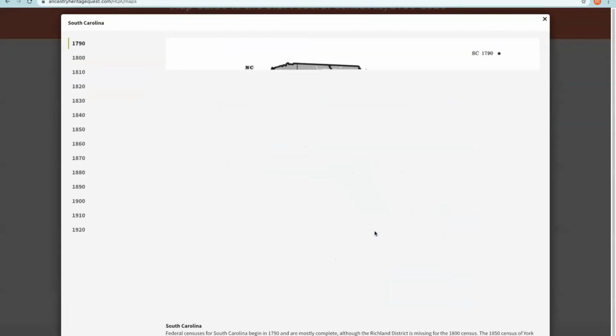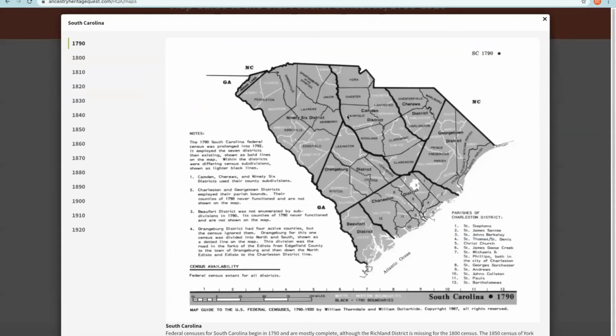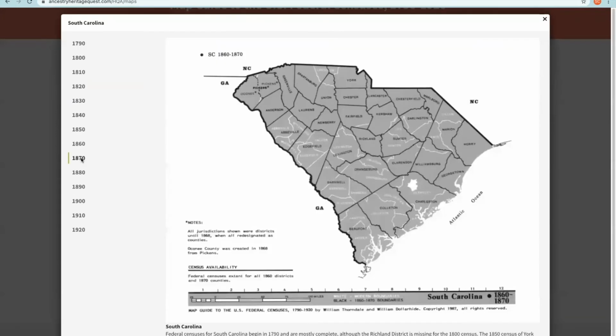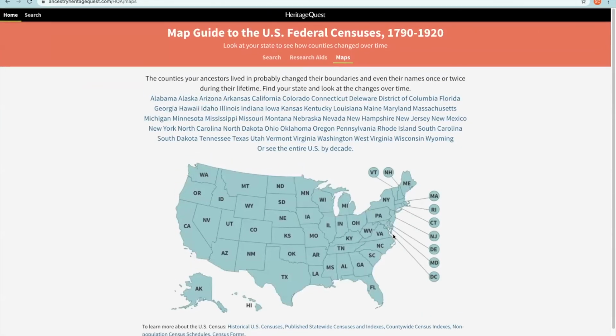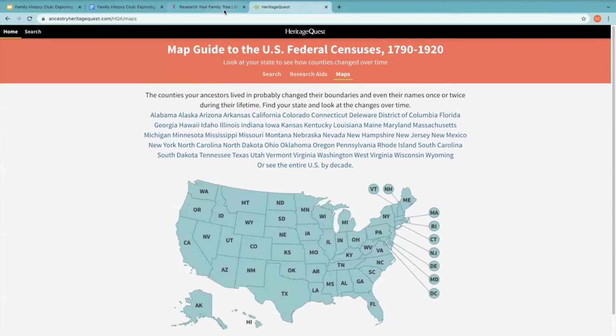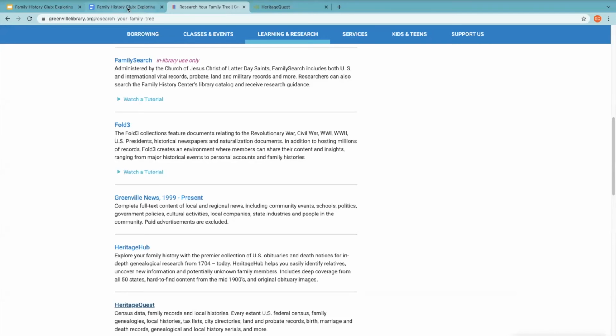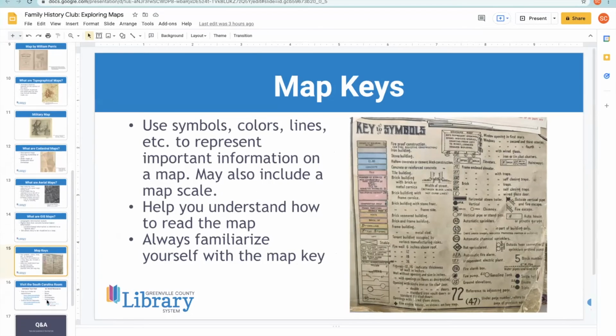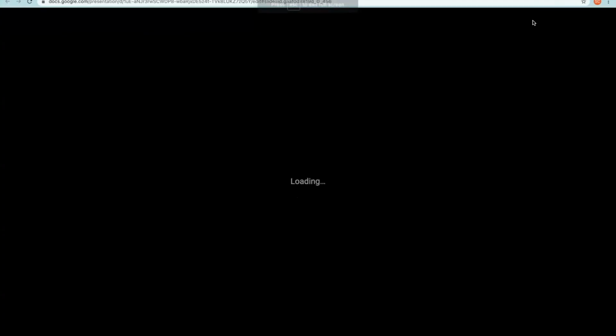Let's say we wanted to do South Carolina, you can see boundary changes and things like that for all of the census years. So we can see how things have changed over time. That's a neat resource that's available in one of our online databases, which you can view from home with your library card, or if you're in the library, you can use our computers and get to it as well. Okay, so let me switch back real quick to our slideshow, and we'll wrap up for today.